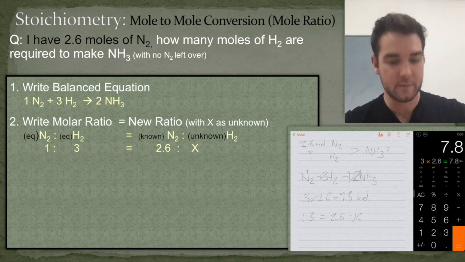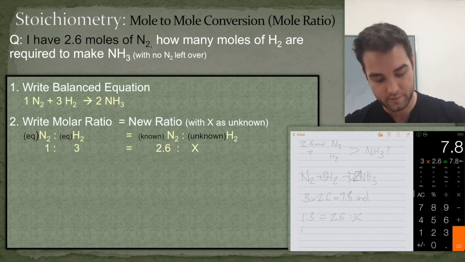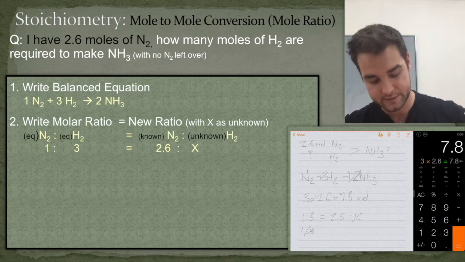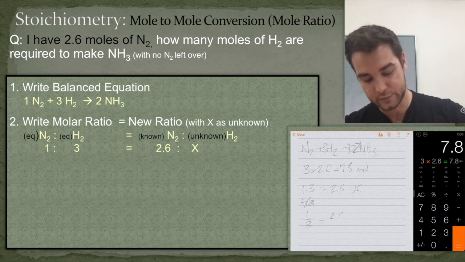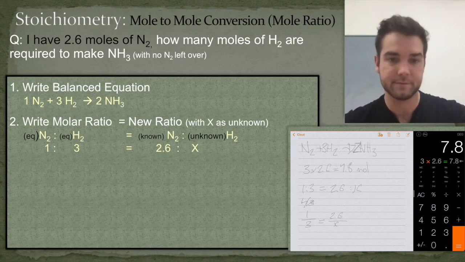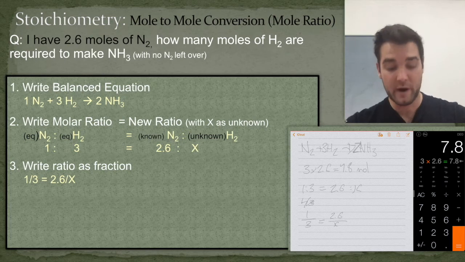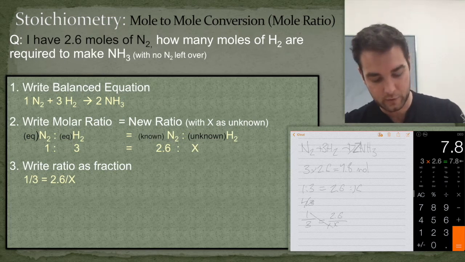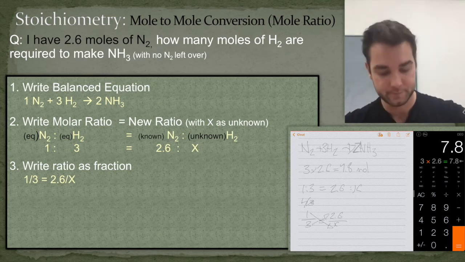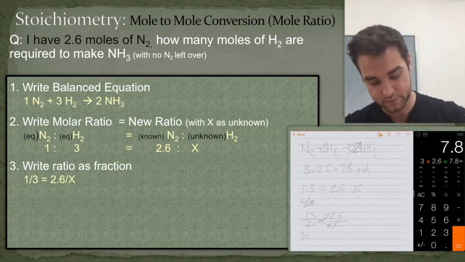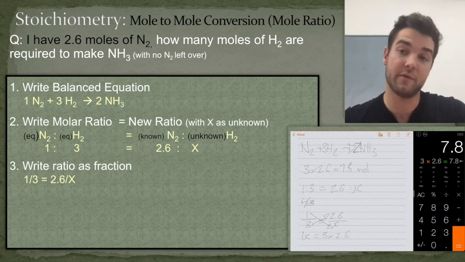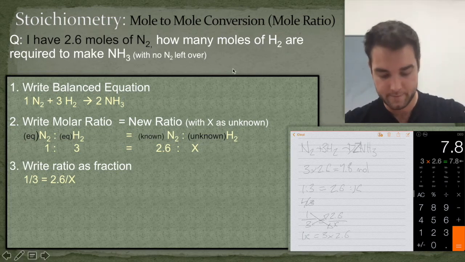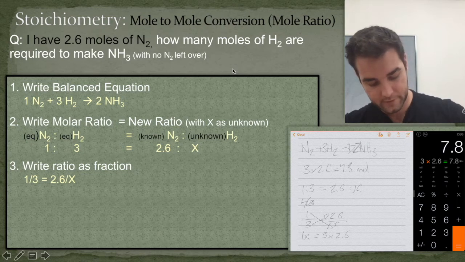Well, remember, these can be converted into fractions. So 1 divided by 3 is the same. Actually, I'll do it like this. I'll do 1 divided by 3 is equal to 2.6 divided by X. And when I write it as a fraction, I can now cross multiply. So that gives me 1x, or just x, equals 3 multiplied by 2.6. So that's actually what you did in your head before. And that obviously equals 7.8